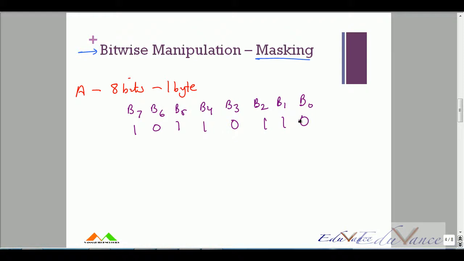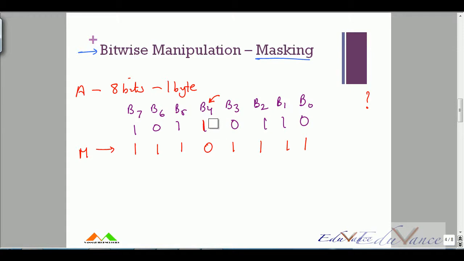Now suppose I would like to manipulate only B4 and I want to make sure that my other bits, that is B7, B6, B5, B3, B2, B1, B0, are not touched and remain the same, and I would like to change B4 from 1 to 0. The question is, how do I do that? Well, I would make a mask. I would make a mask such that it's 1, 1, 1, 0, 1, 1, 1, 1. I would make a mask M just for an example,